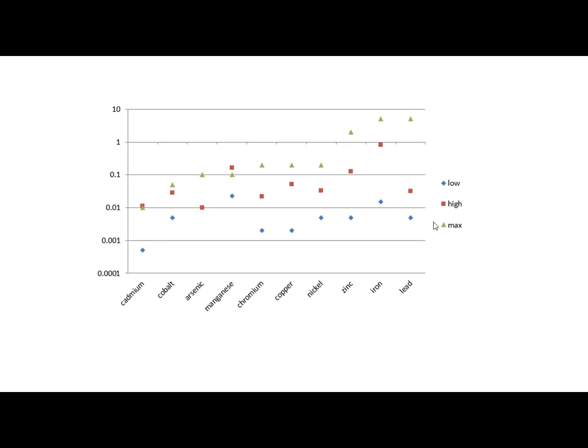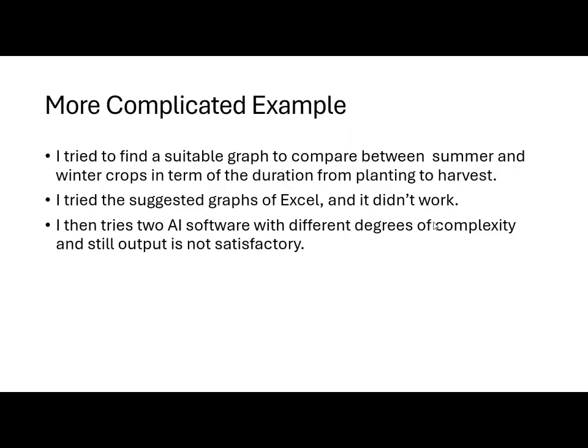My suggestion showed that I could solve and present the data more clearly using a logarithmic y-axis and use 3 points, or three markers: one for the low value, one for the high value, and one for the maximum value dictated by the water quality specs. Another more complicated example here, I used Egyptian data about winter and summer crops